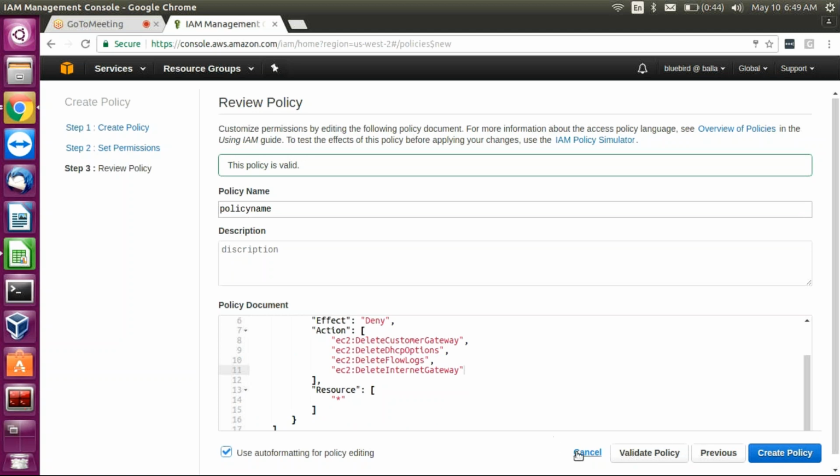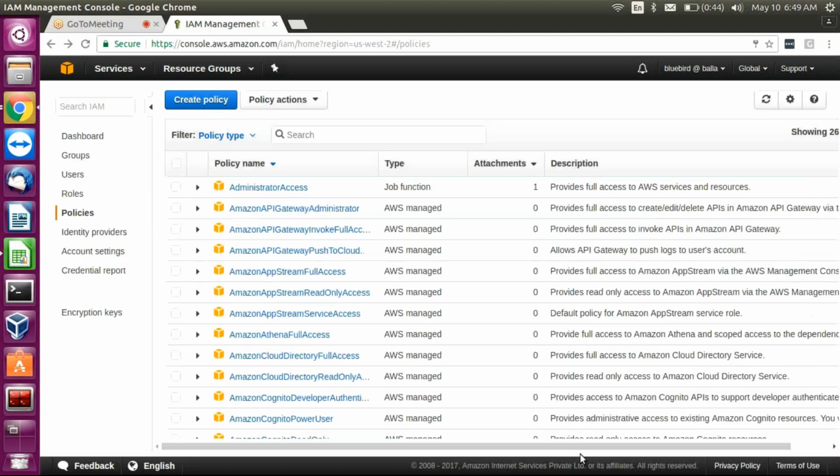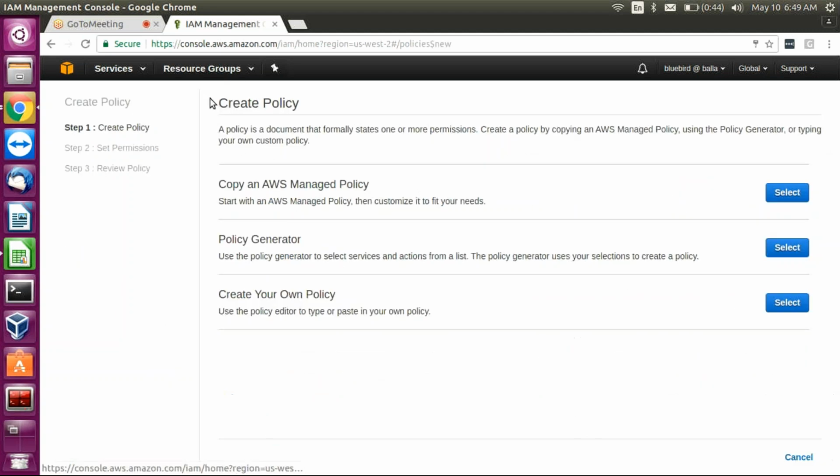I'm not creating any policy now. Something else. That is meaningless for me now. Create from the managed policies, copy the managed policy and which you